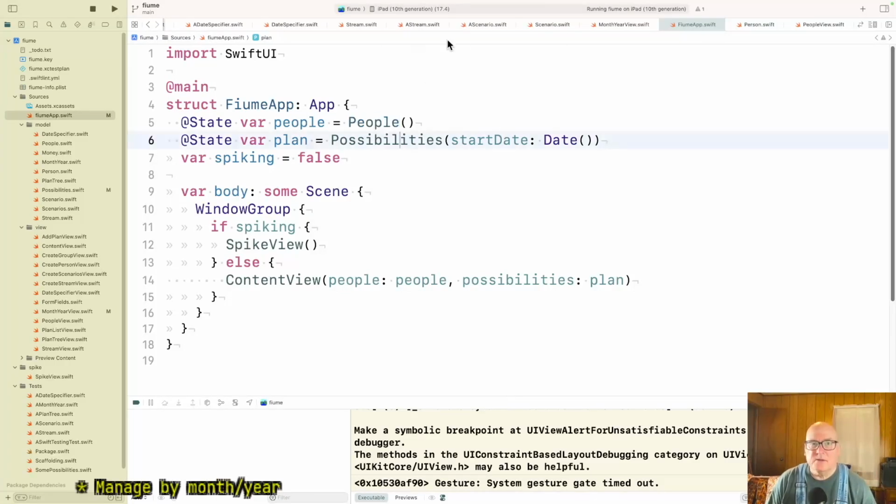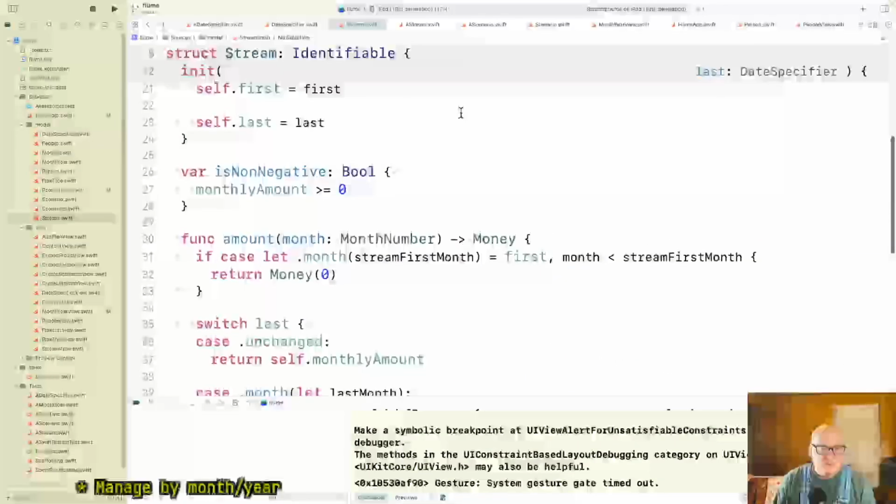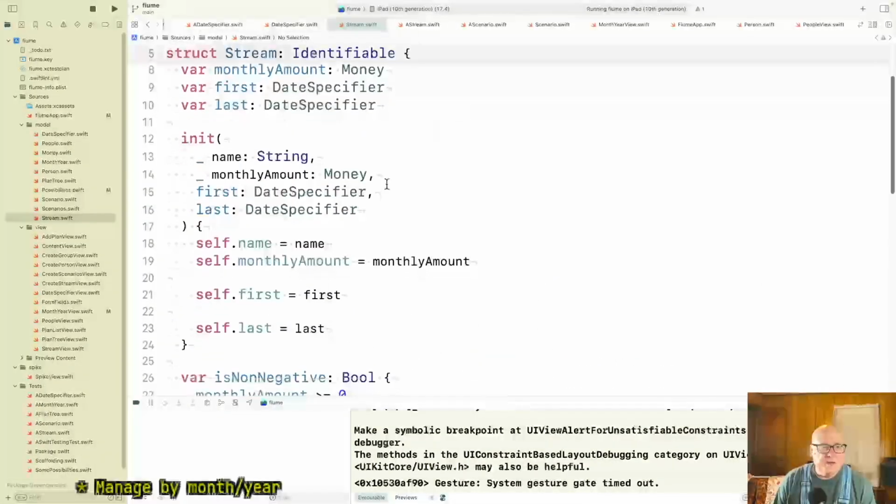Okay, so let's go down to where the things get tricky. Somehow in a stream, we're going to come in here and there's going to be a date specifier: Joe, age 67. And to interpret that, we're going to need to know the date as well as Joe's birth date. And that's where it gets funny.